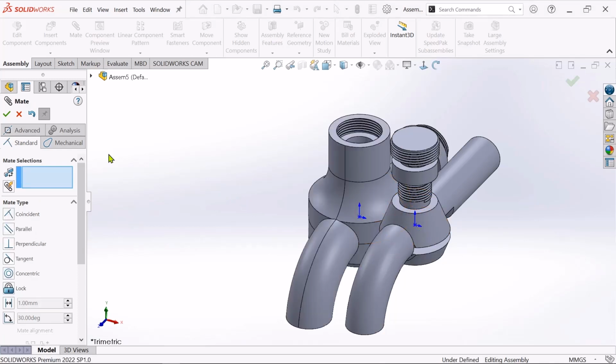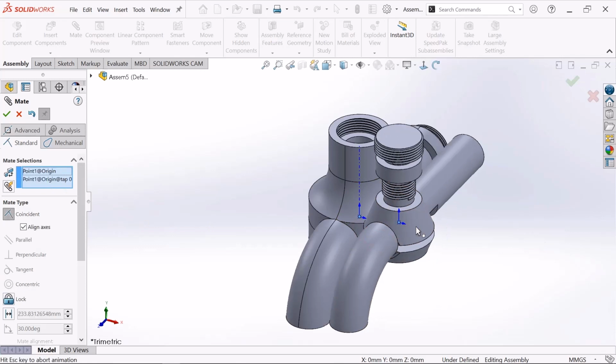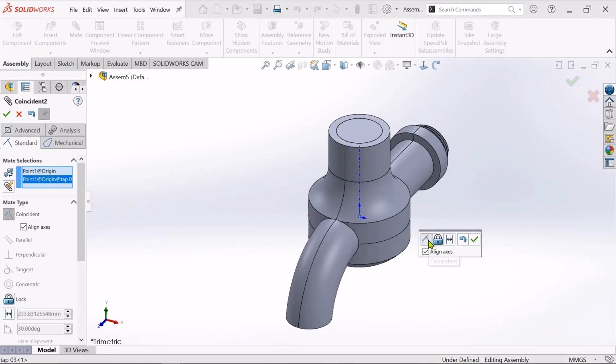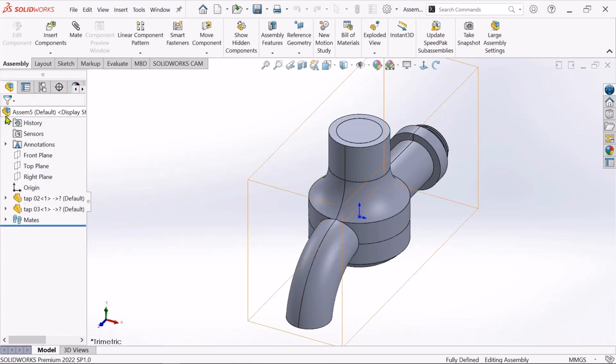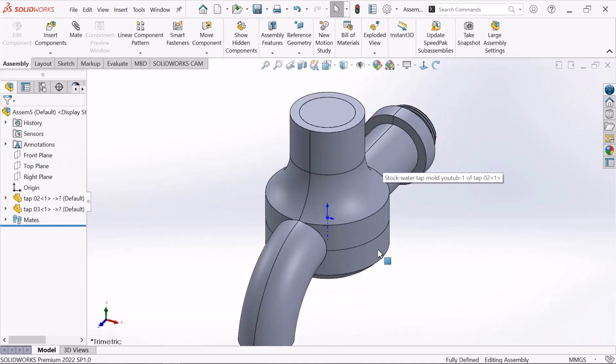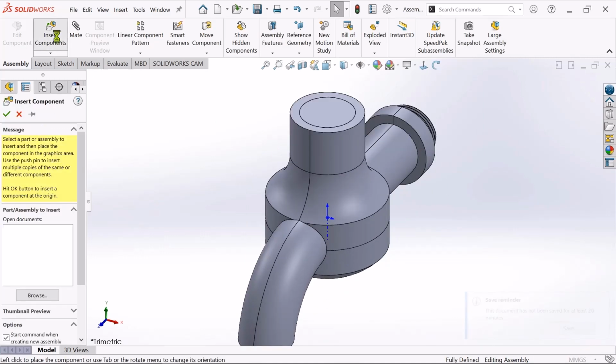Yes, now again click this origin point and click this origin point. Make sure it is coincident and click OK. Yes, now click OK. Now go to Insert Component